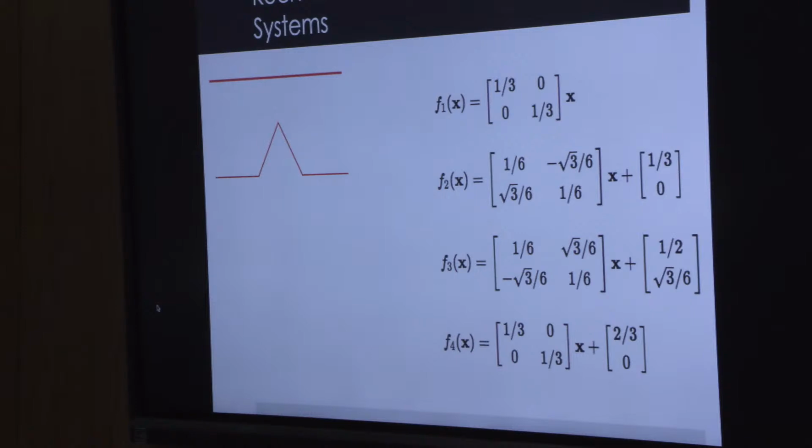So we need four such transformations. One is shrinking this line to one third its size. For this part, it is shrinking the line and shifting it. So shrinking and shifting is F4. Here it is shrinking, shifting and rotating. So a sequence of matrices. This was given to grade 12 after they studied matrices, and they had to figure out which matrices, when multiplied, would lead to this. And of course, this set of four is called an iterated function system. This set of four applied on the entire Koch curve at stage 0 leads to stage 1. From stage 1 you get to stage 2, and it goes on like that.